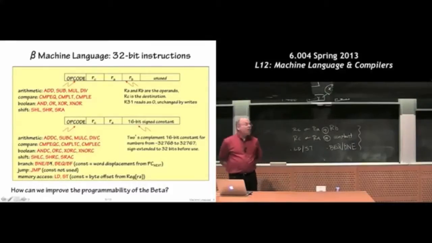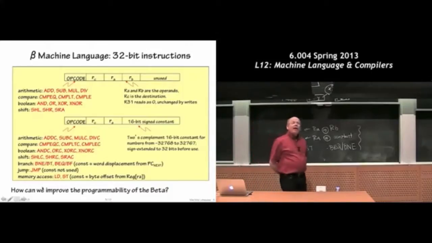So here's the summary of our two instruction formats, one of which has 3 registers, 2 register operands and a register destination, and one of which has a register operand, a constant operand, and a register destination. And as I say, we're going to talk about jump next time, but otherwise you've seen all of these guys. And here we go. All right, so in theory now, if I gave you a hardware interpreter for a beta,